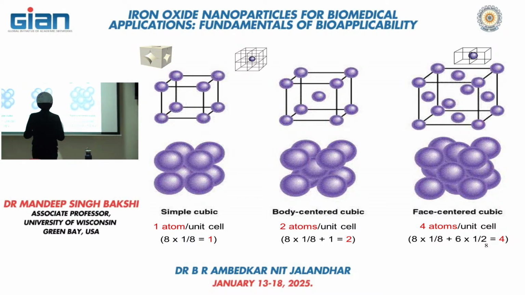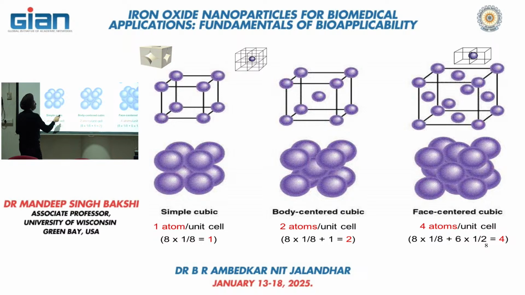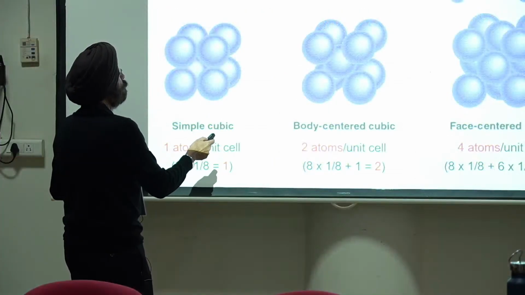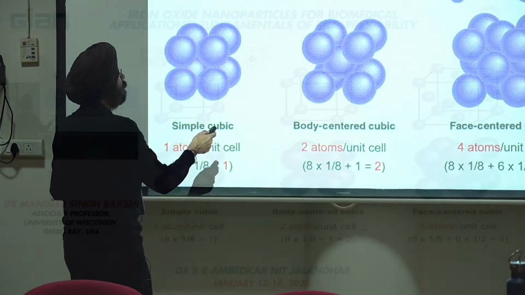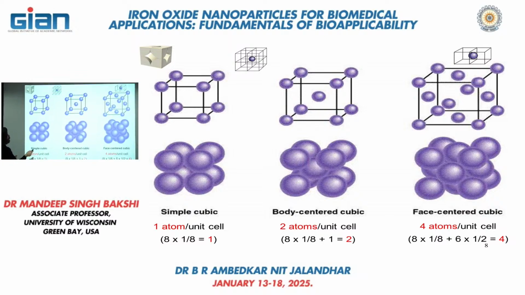In the case of a cube, this is the edge. This one is the vertices. All the corners are the vertices, and this is the edge, and this represents the length, one side of the cube. So therefore, this edge length